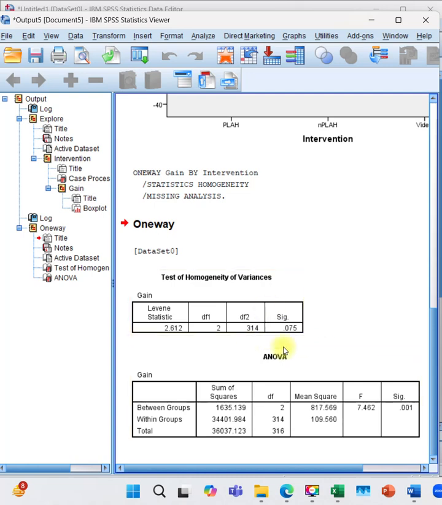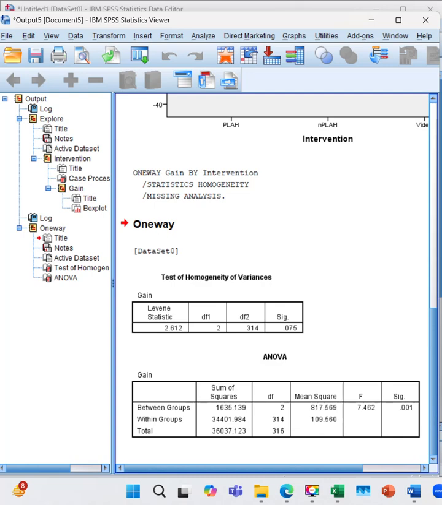But if the p-value is less than 0.05, we reject the null hypothesis, meaning there is unequal variances or the data is heterogeneous, which we don't like. So this one, it is greater than 0.05, we then have a homogeneous data, or we have equal variances.